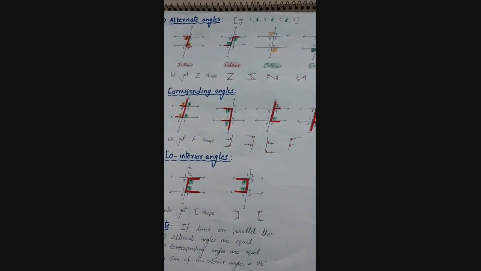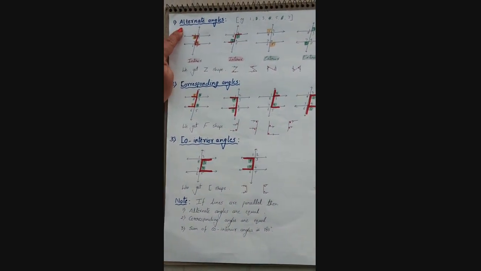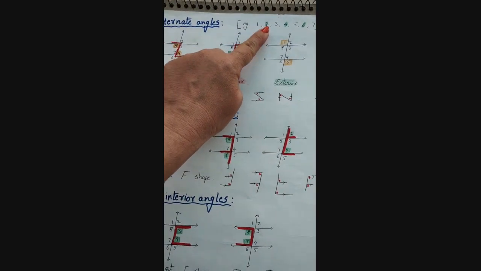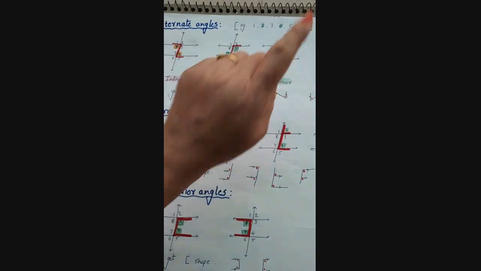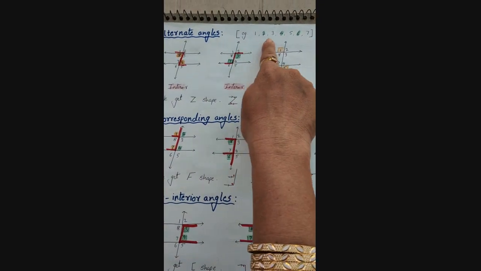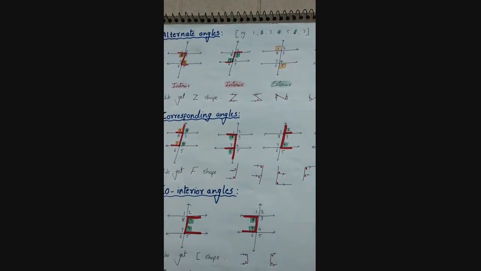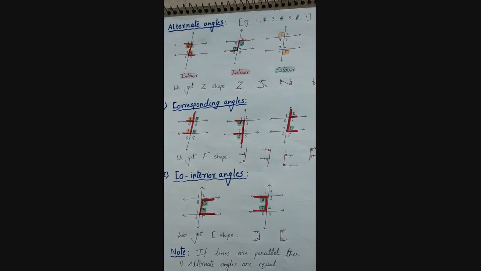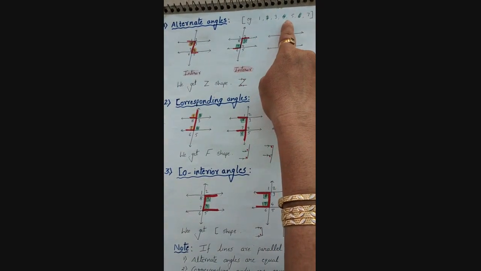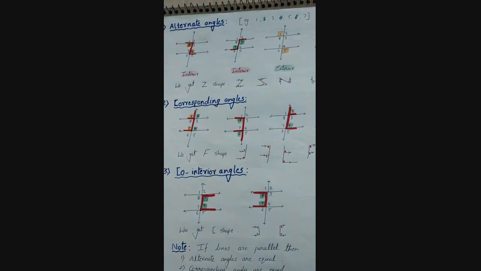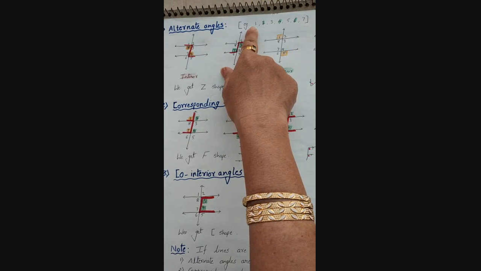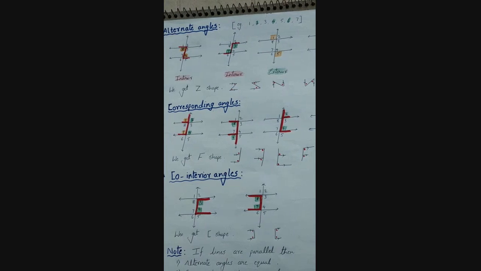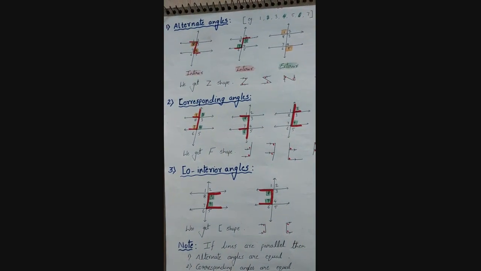Now we have different pairs of angles here also. The first one is alternate angles. For example, I have written here the numbers 1, 2, 3, 4, 5, 6, 7. You can assume that those 7 students are standing in a line. If I say, starting with 2, all the alternate students raise their hands, then definitely roll numbers 2, 4 and 6 will raise their hands. Or in another way I can say: leave one, take one, leave one, take one, leave one, take one. So the same concept we will use for alternate angles also.